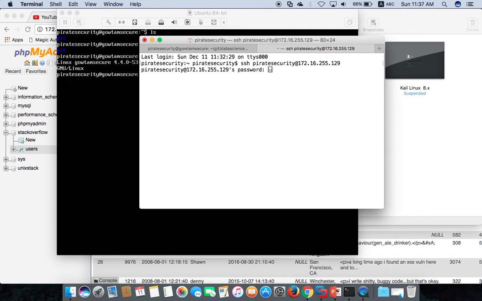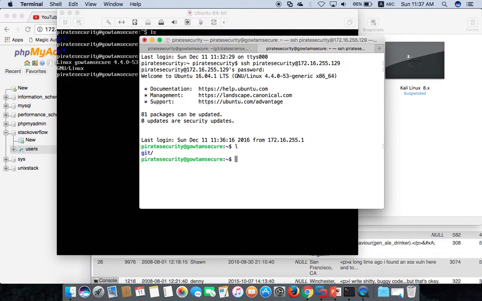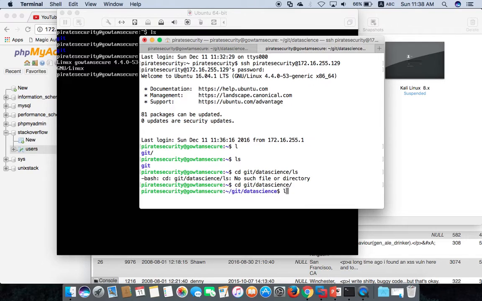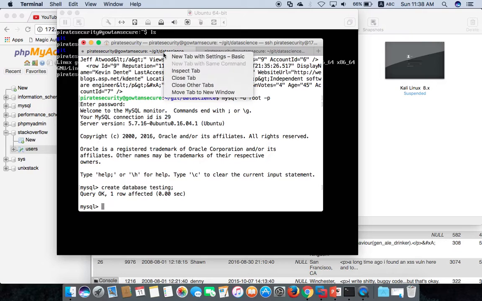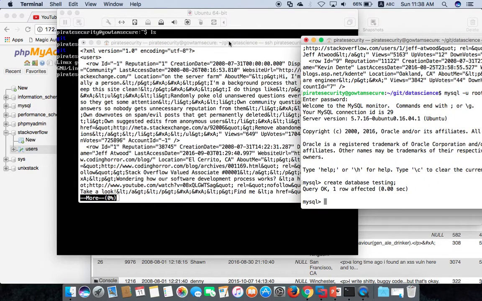So I need to verify what the fields are. I can use more for checking. Like this, I need to open a new tab or new window so that I can create a new